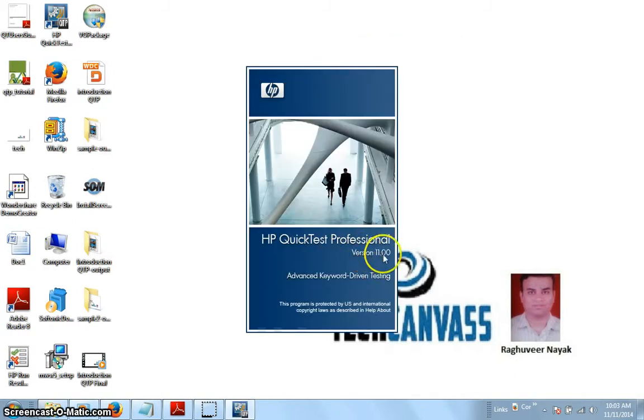So currently we are using 11.00 with HP Quick Test Professional. This is the screen of initializing QTP. Just wait for some moment.